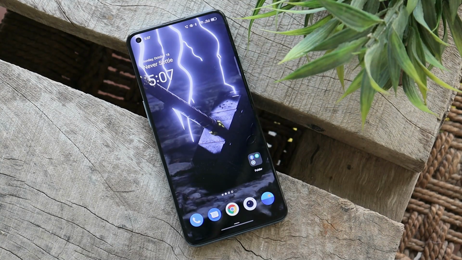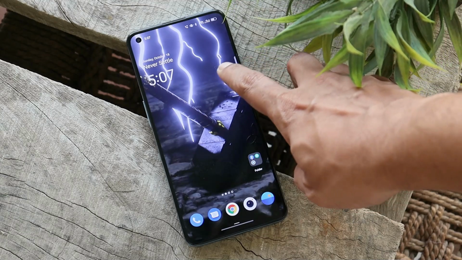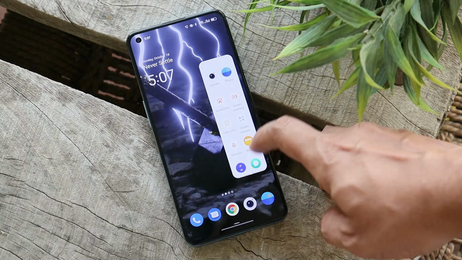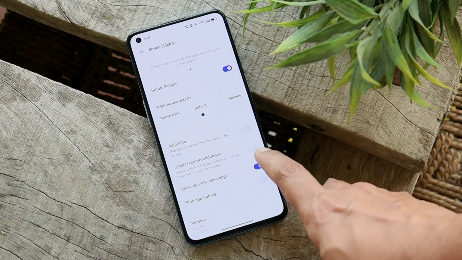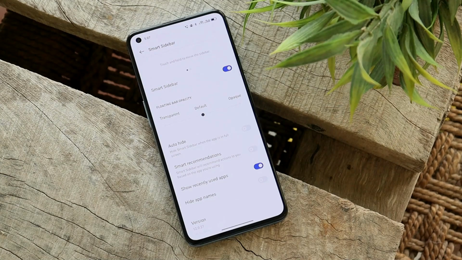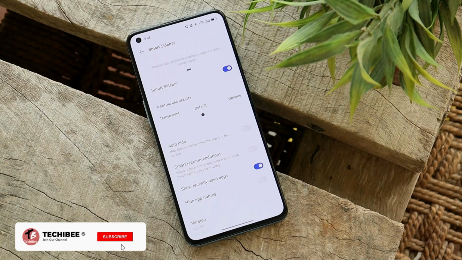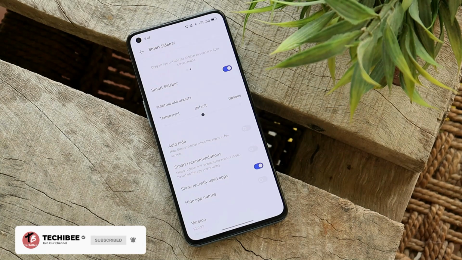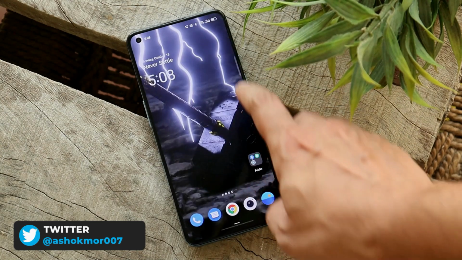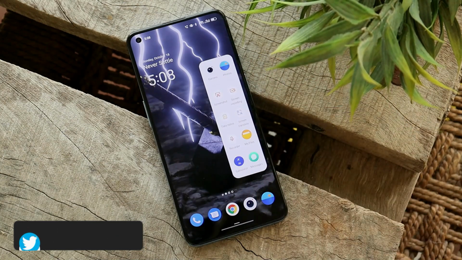One of them is this smart slide bar, which can be triggered directly from the home screen. And in this there's a new feature, let me show you that first. And that feature is smart recommendation. So if you enable this option, it says smart slider will recommend actions to you based on the app you are using. For example, before you go to bed, you generally watch some videos on YouTube. So before your bedtime, the smart slider will show you the application in the smart slide bar.